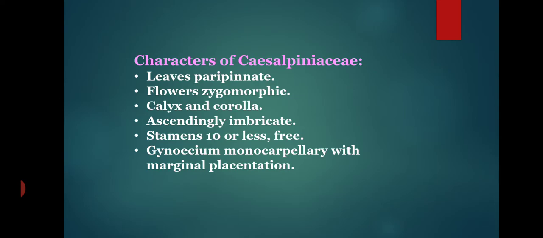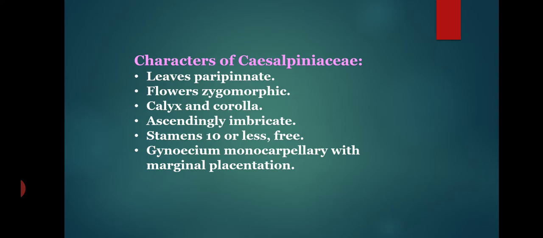That is, leaves always paripinnate, flowers zygomorphic, calyx and corolla are there, and these are all showing this zygomorphic characteristic, and ascendingly imbricate condition, stamens 10 or less, maximum number is 10, and free, gynoecium monocarpellary. Sometimes, very rarely, we can see the bicarpellary condition with the marginal placentation. But remember once again that important characteristic, that is mostly trees and shrubs, rarely herbs, inflorescence mostly racemose type,